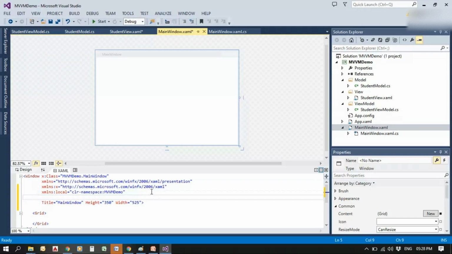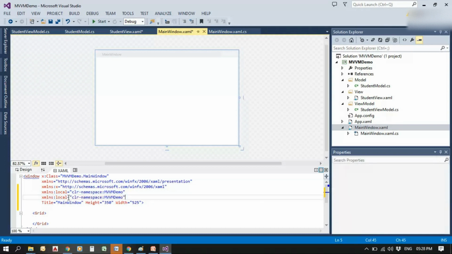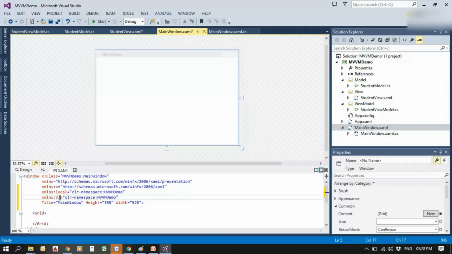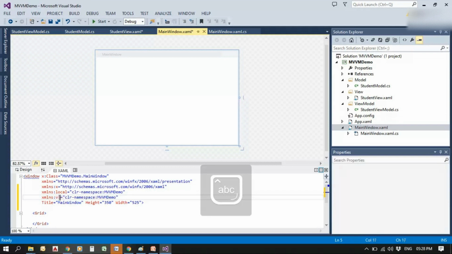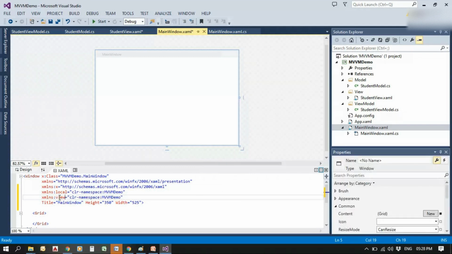So we need to give the path of that view too. So copy that, and we can give the name to the view, which is there in MVVMDemo.View. So change the path.